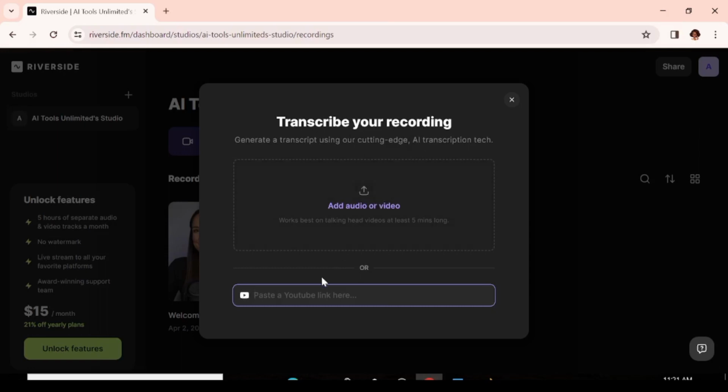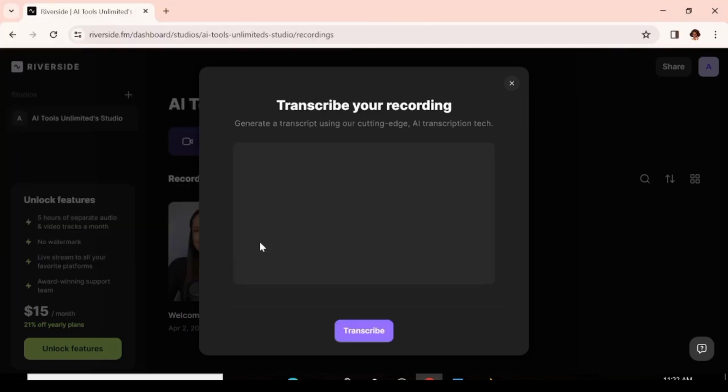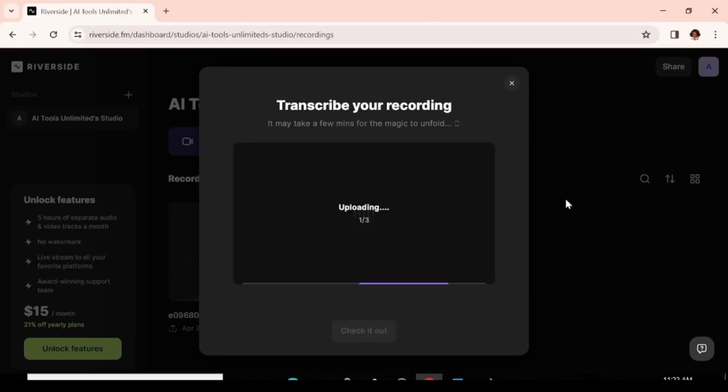Now, alternatively, where you can see where the cursor is, you can go ahead and paste a link. If you want to paste maybe a YouTube video link, that is where you're going to paste your link. And now we're just going to hit upload and you're going to upload our audio. Now we'll just hit transcribe and the AI is going to start transcribing our content, whether video